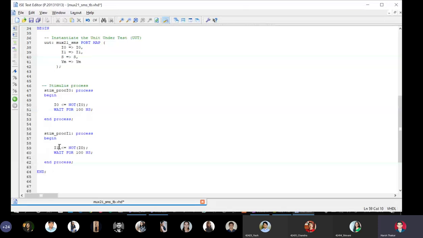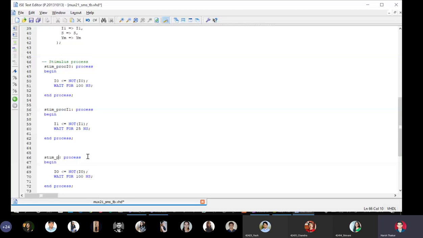I1, I will say I1 gets not of I1, and some change I will make. I will purposefully make I1 signal faster. I will make it 4 times faster, 25 nanoseconds. So I1 is 4 times faster than I0, and I will add the third process for S0, that is the select line, and it is very, very slow. Stim proc S.